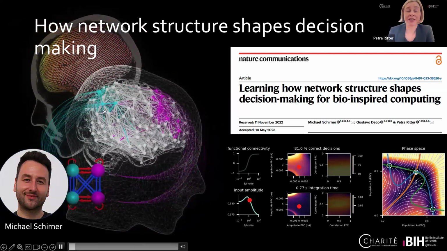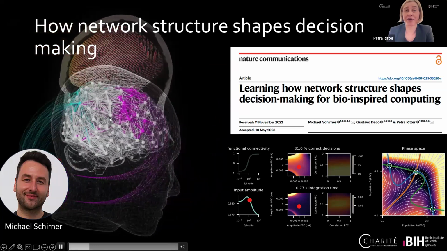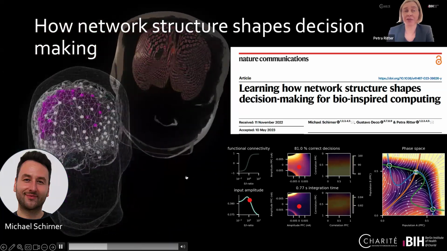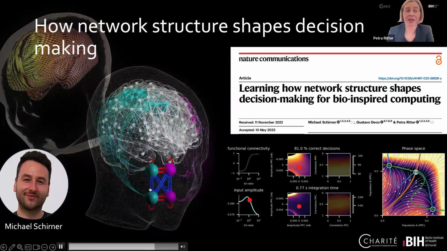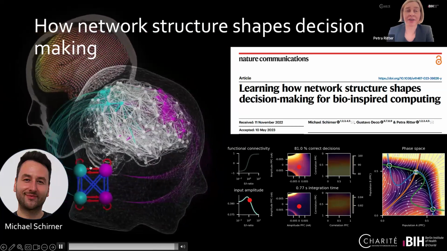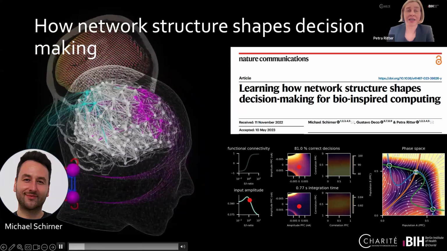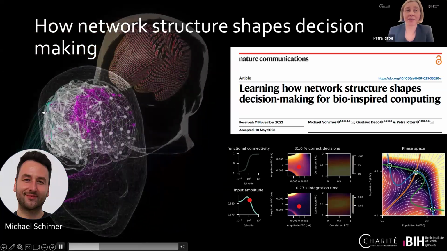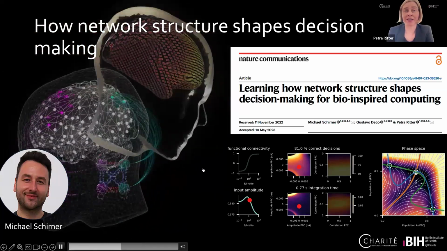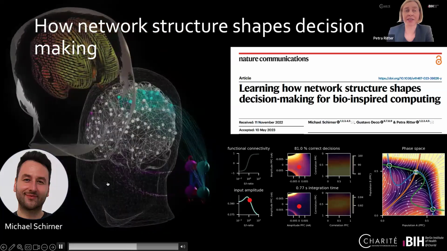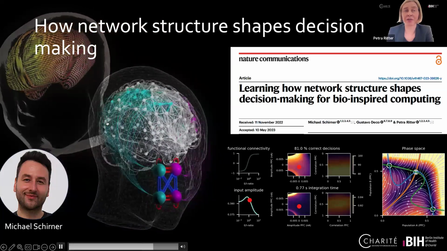Yeah, and you see that it consists of 4 populations that are mutually inhibiting. So the blue connections are inhibitory, the red ones are excitatory. And 2 populations get input from the frontal cortex, and the other 2 competing populations get input from the posterior parietal